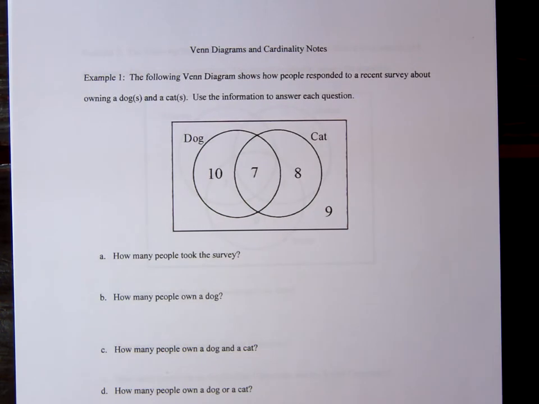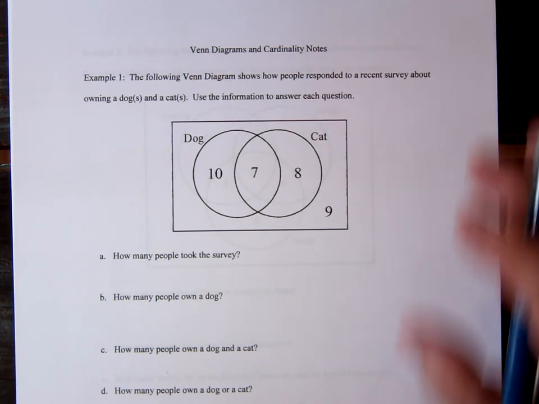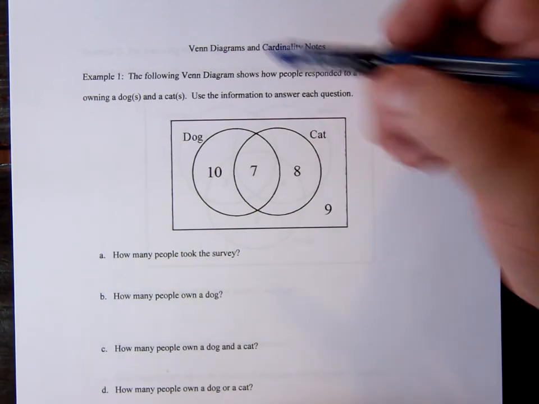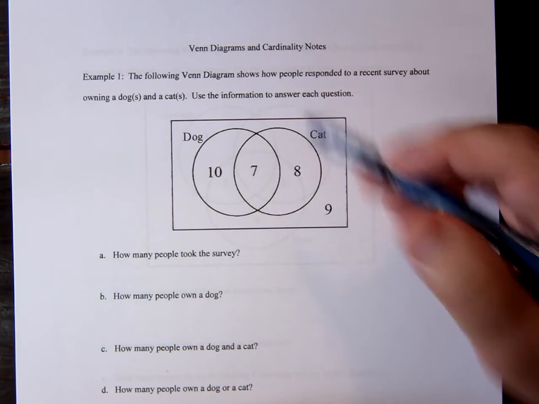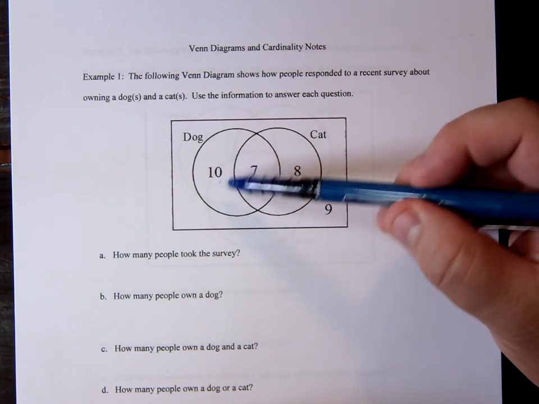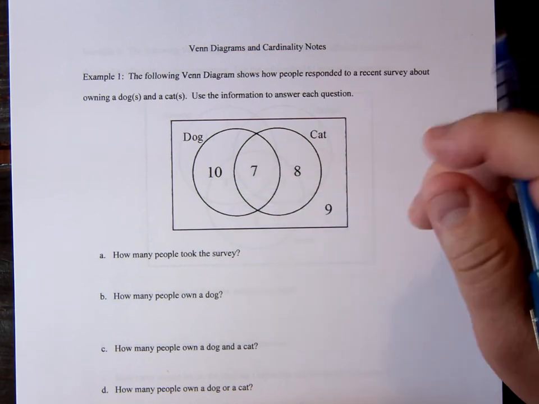Hello, this is the last section, set theory, and we're looking at Venn diagrams and cardinality. So instead of shading the Venn diagrams, each number inside the Venn diagram is going to represent the cardinality, or how many elements are in that area of the set. So this first one,